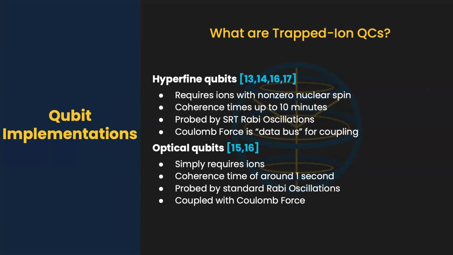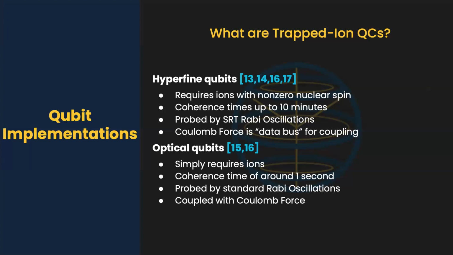In optical qubits, the energy difference between the two states is large enough that you will actually get some motion from the optical qubit being in a larger state. And so it'll just naturally interact with the neighboring qubits through the Coulomb force. So this isn't a problem. So the two main ways of coupling hyperfine qubits are motion sensitive SRT,